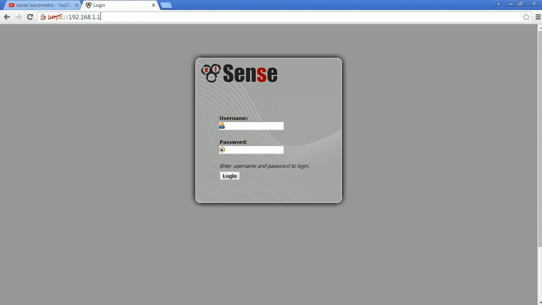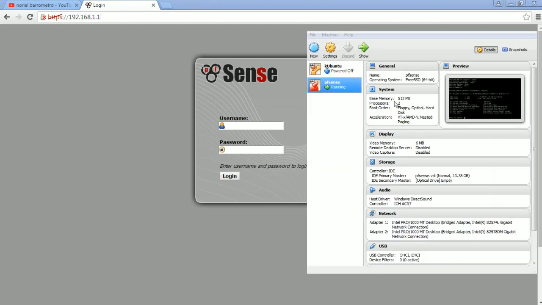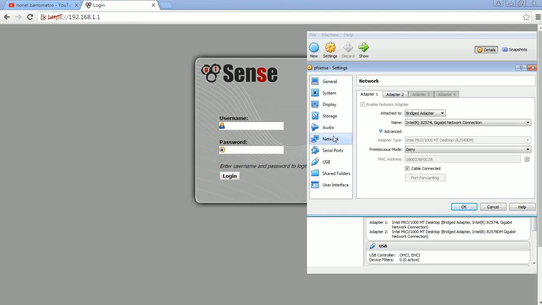So it is because I set it up here correct. Okay, so just in case you are having trouble accessing the IP or the web configuration of your pfSense,